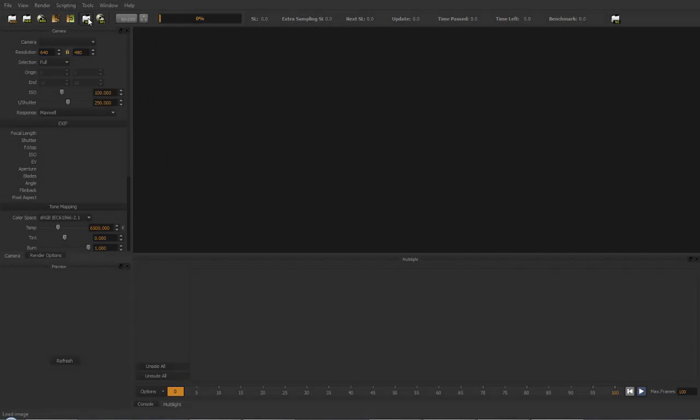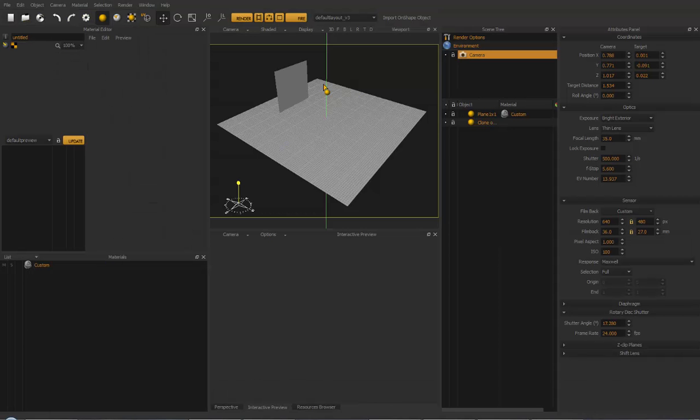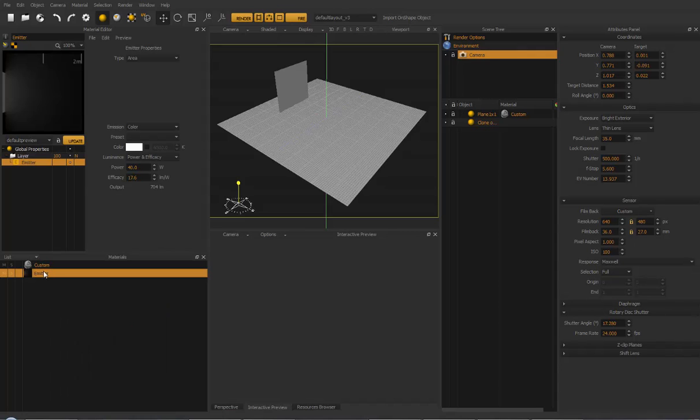The image button lets you load a low dynamic range image into Maxwell Render, such as a JPEG or an 8-bit or 16-bit PNG or TIFF file, for example. So why would you want to load an image into Maxwell Render? Well, it has to do with emitters, and the thing is that in Maxwell you can have an emitter based on an image. So for example, just to show you quickly, if I create an emitter material and I apply it to this plane here,